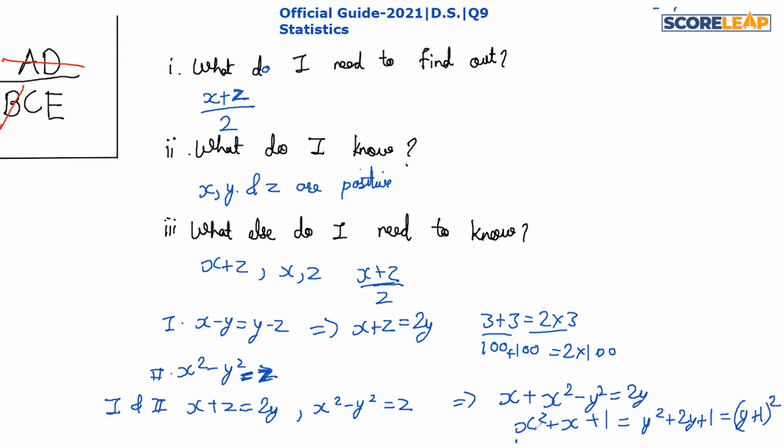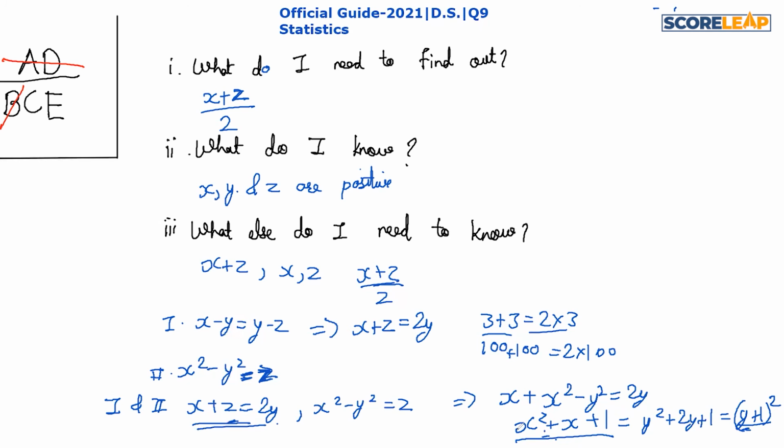So why did I bring it in this format? Because now x can be written in the form of y. Once we get x in the form of y, then from this equation we can find z also in the form of y, because x is already there in the form of y. So if we put any value of y over here, it will give a corresponding value of x, and x and y will give us a value of z. So there are indefinitely many values possible for x, y and z.